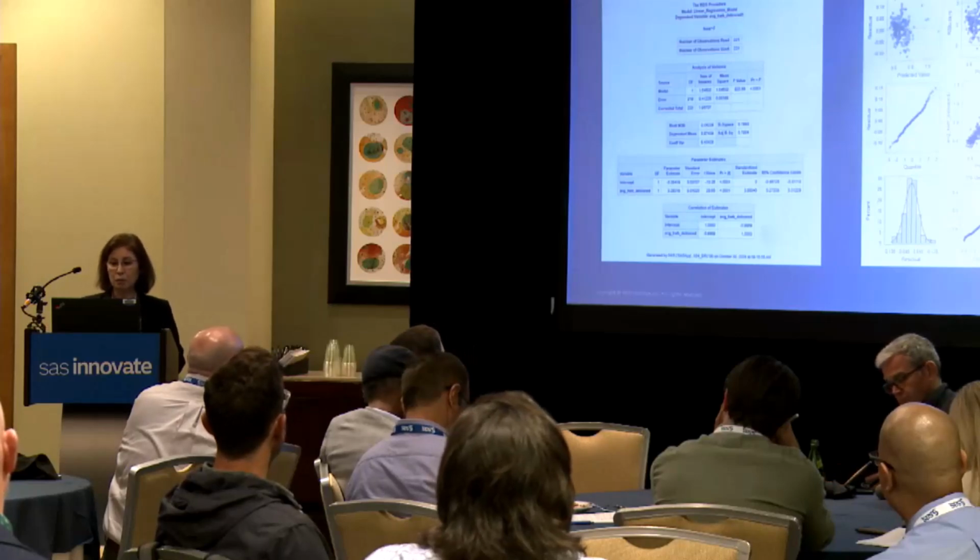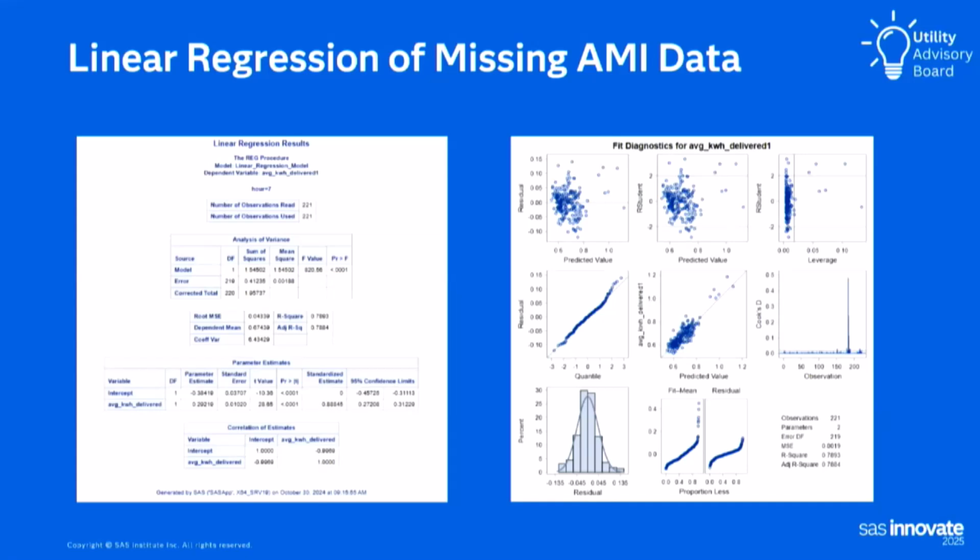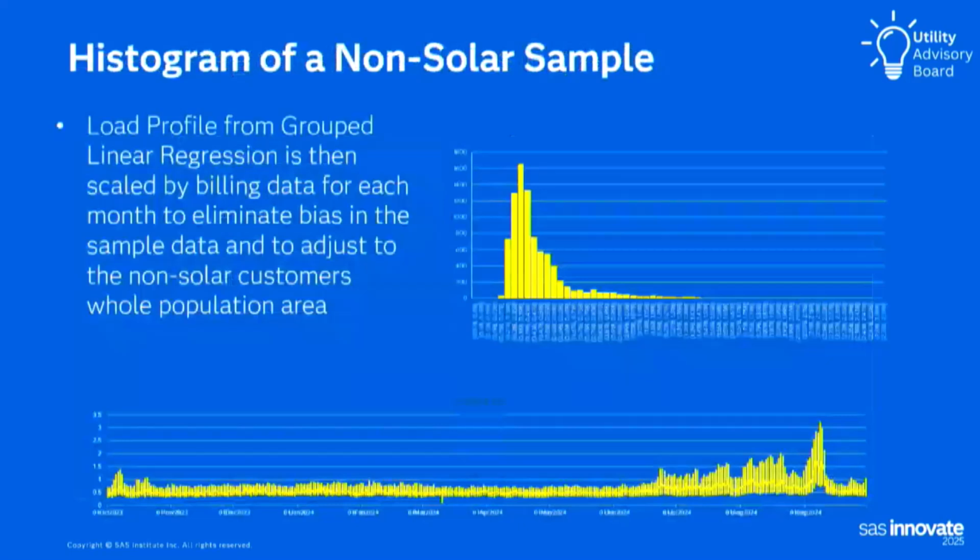One challenge with our load profile data is that LADWP has not yet fully implemented a smart grid AMI system across the city. So currently we rely on cellular AMI technology. So our medium and large commercial customers have AMI meters, but only a small portion of residential customers and small commercial customers are equipped with AMI meters. So we need to estimate interval data for those groups. The objective of this analysis was to estimate